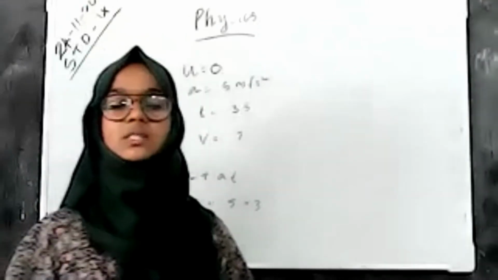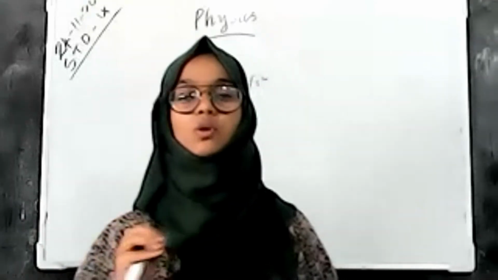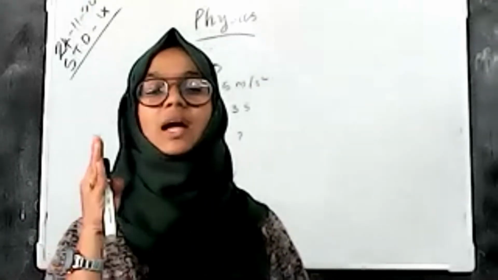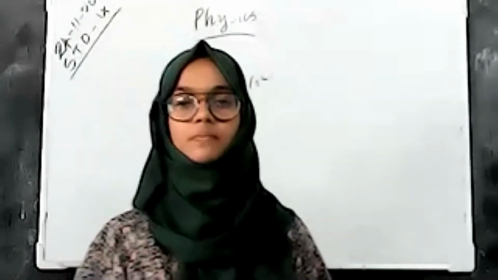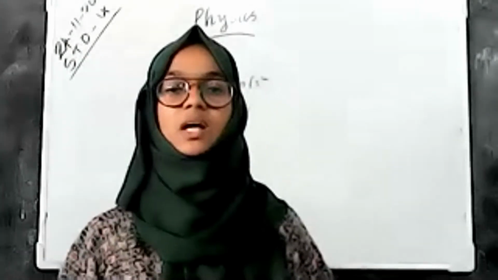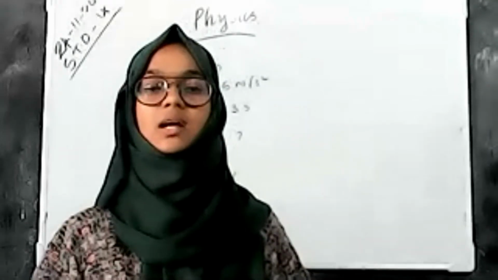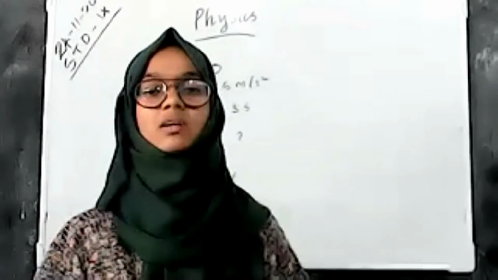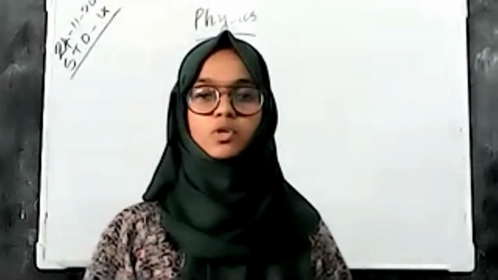So I think all of you understand how to identify which equation you should use in the problems. First of all, write the given values and identify which equation to use. There are some worked-out problems in your textbooks. Just read and understand how the equations are identified to find the values. And next we will discuss our new chapter, that is motion and laws of motion.